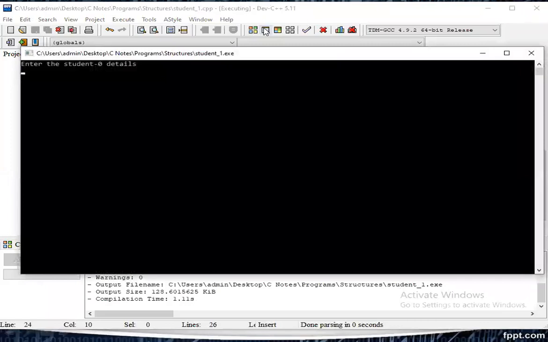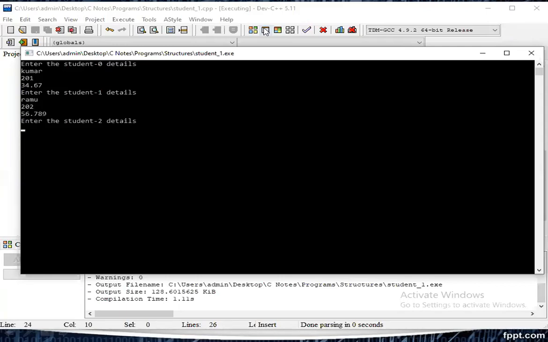Here, enter the student 0 details, name. Next, roll number 201. Next, marks. Next, enter the student 1 details: Ramu, 202. Next, you can take one float value.